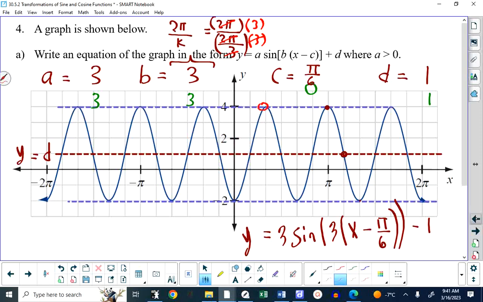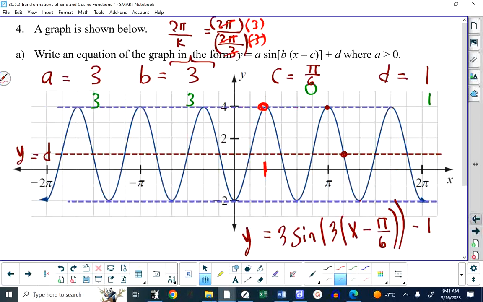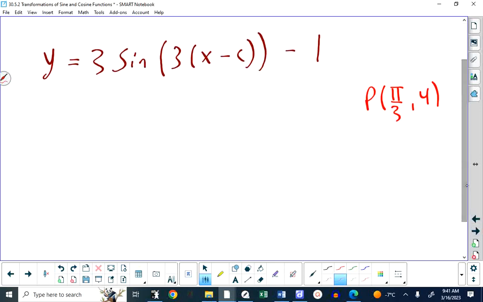this point right here. Would you agree that's pi over 3 for x? And y is 4. Okay? So there's a point of pi over 3 comma 4. Just to double check, from here to here is pi. That's a third of pi right there. So I'm going to put those numbers in and get 4